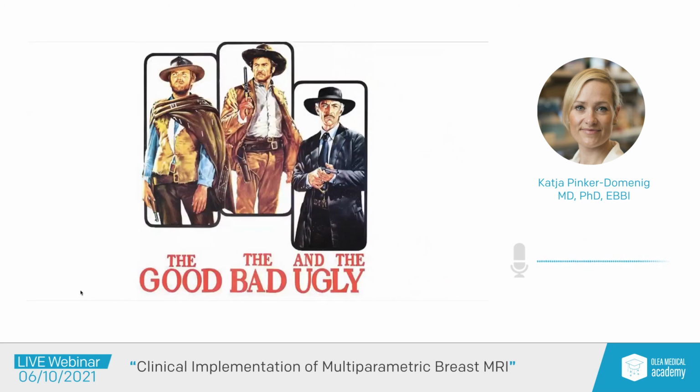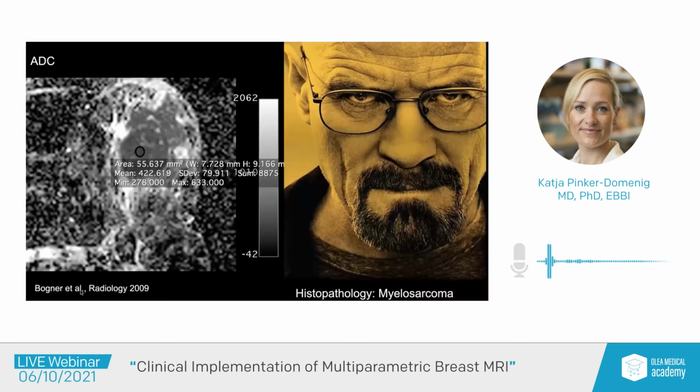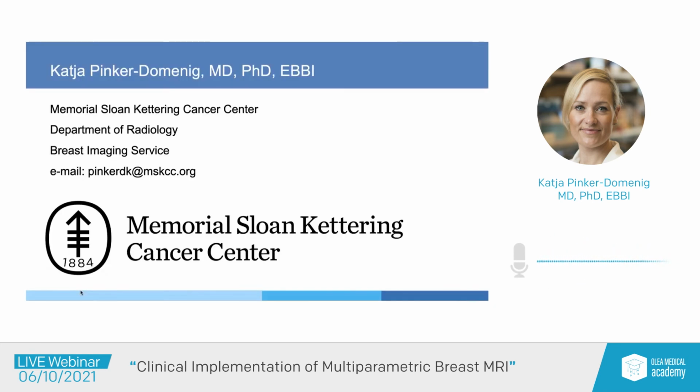So I think with diffusion-weighted imaging, DCE MRI, multiparametric MRI, we are able to identify the good, the bad, and the ugly, and that way we can identify what needs biopsy. And in this case, we could have already said, this is also a bad one, but it's probably a different kind of bad. With this, I want to conclude, and I hope I've convinced everybody that multiparametric MRI is